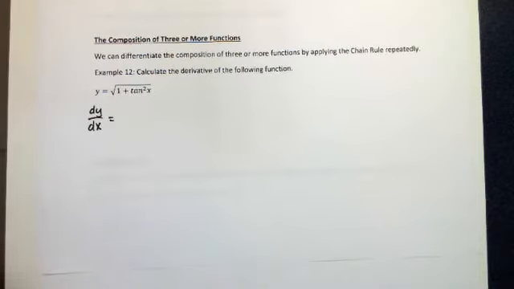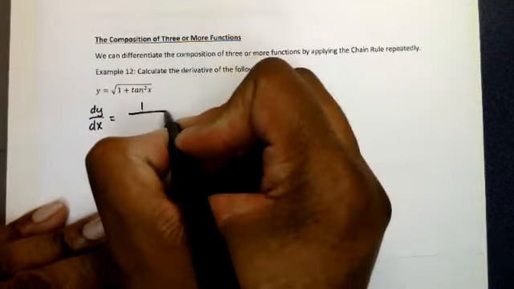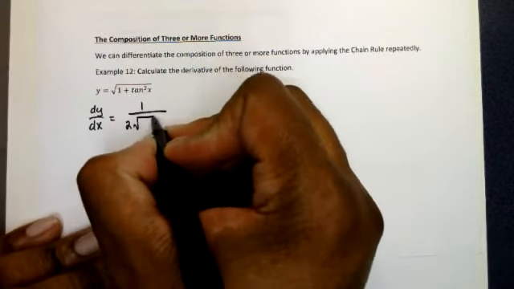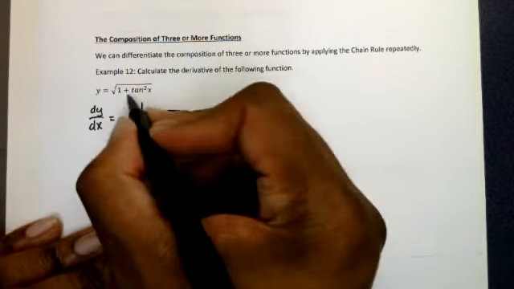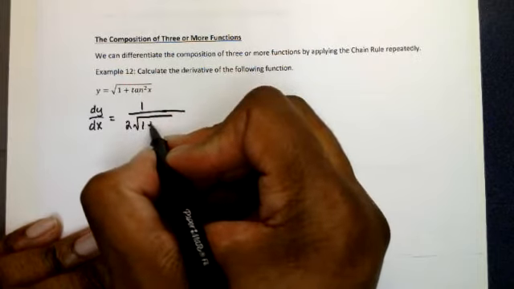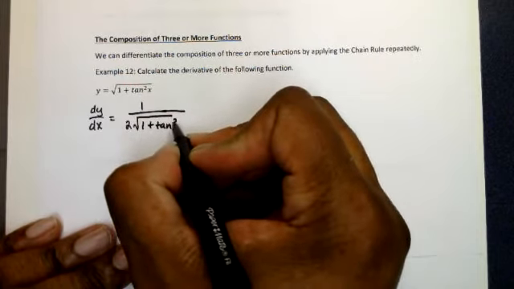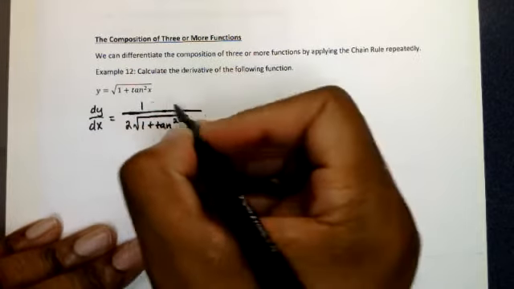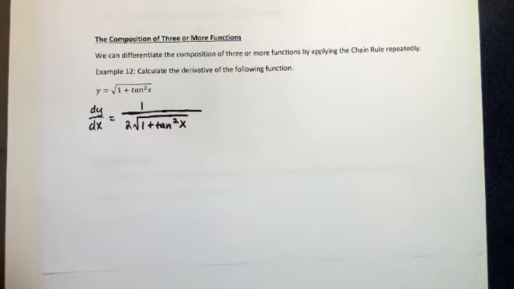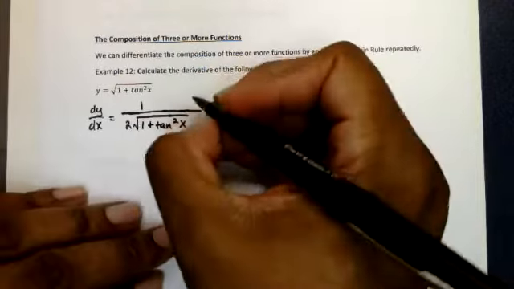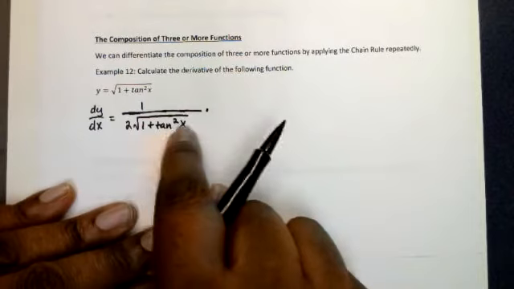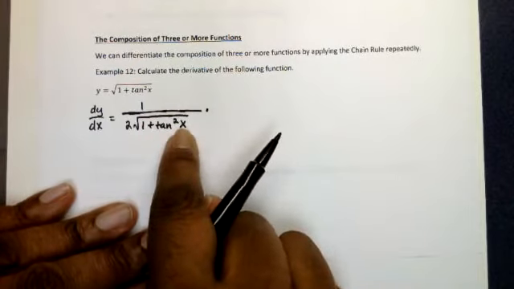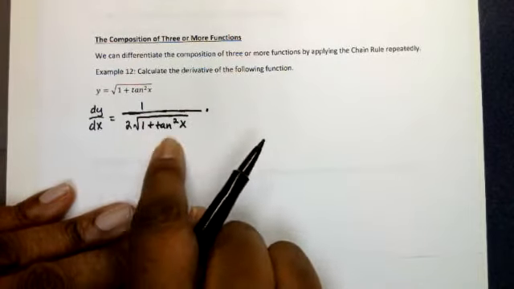Now, this is the square root of something, so that means the derivative of the square root of something will be 1 over 2 times the square root of what's underneath that radical, 1 plus tangent square of x. And then that's going to be multiplied by what's inside the radical. The derivative of 1 will be 0, but the